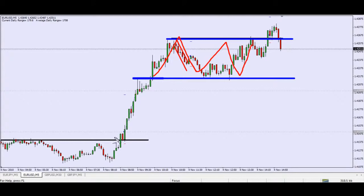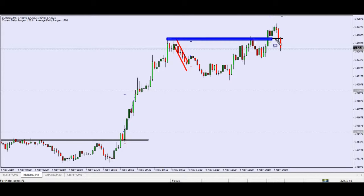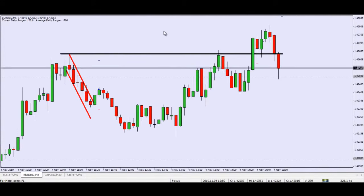Once the London traders came into the market, they pushed it where they had to, and then price just decided to go sideways. So what I wanted to do then was see if we were also going to get a nice breakout to the upside, or potentially, as it sometimes tends to be, a change in the trend direction and a break to the downside. In this case, it happened to be a break to the upside, and this is the trade I'm going to